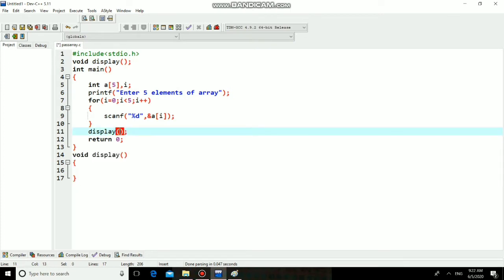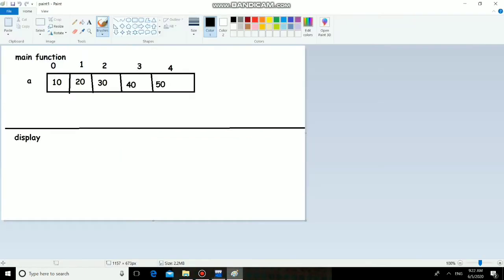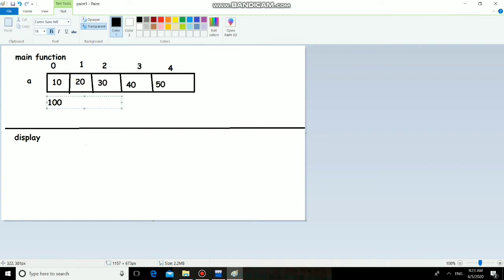Now how to pass the entire array to a function at a time? Simply by passing the base address of the array. So see how to get the base address of the array. Now see, we have one diagram. Consider this is array a, which is available with the main function, and consider these are the addresses.